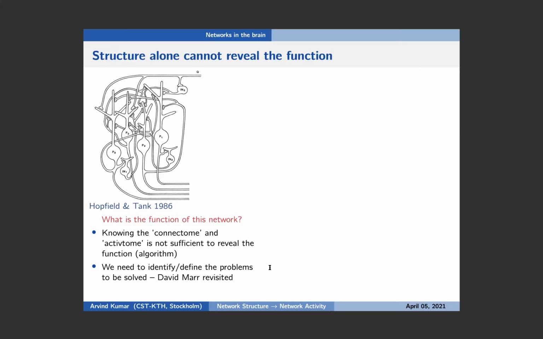This idea was very nicely demonstrated by Hopfield and Tank in their seminal paper in 1986, where they introduced the Hopfield network. I feel that everybody remembers Hopfield networks, but they conveniently forget the first part of the paper. The very first part has this figure where Hopfield and Tank pose a challenge to the reader: here is a network of 7 neurons, 4 excitatory and 3 inhibitory. They give us the connectivity of this network, and the task is to find out what this network is actually doing. And it turns out that it's highly non-trivial to come up with a function for this network.